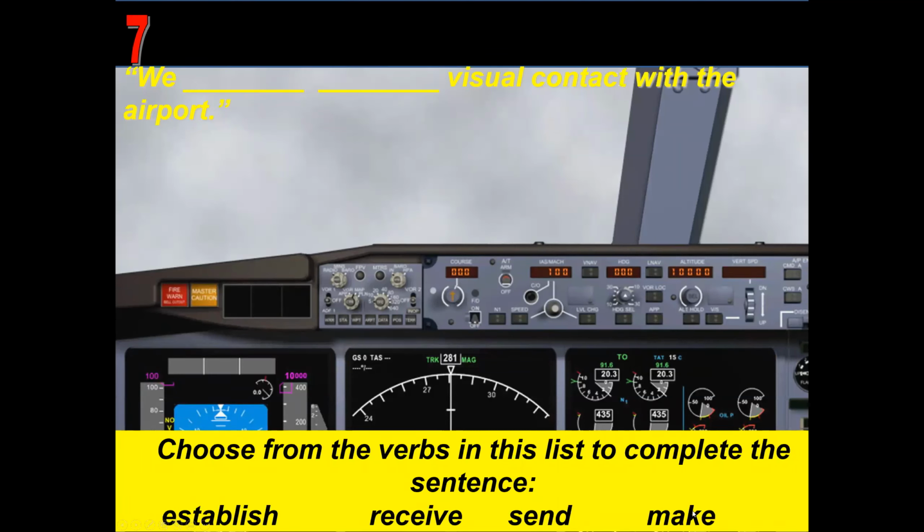You could even say we haven't made visual contact. Yeah, any of those. So what's your favorite? We haven't made visual contact with the airport. Yeah, they like the haven't made. But yeah, you could say we haven't established visual contact. We haven't received visual contact even. That's a little more unusual, but established or made would probably be the best choices. Right.